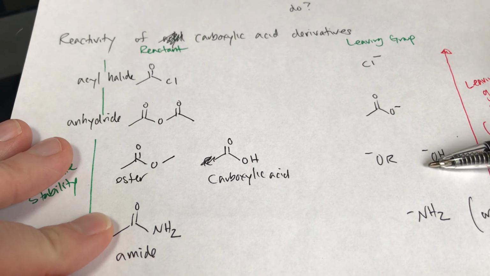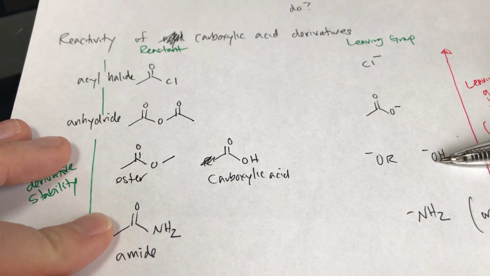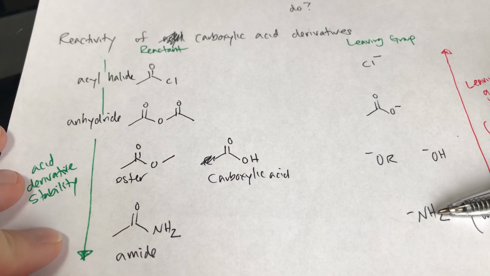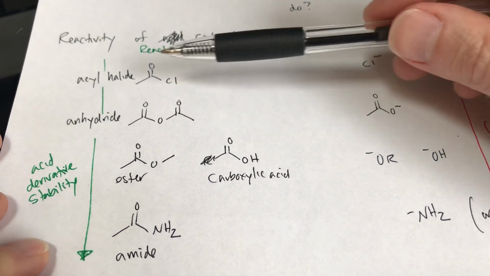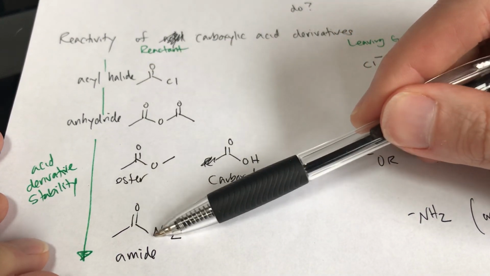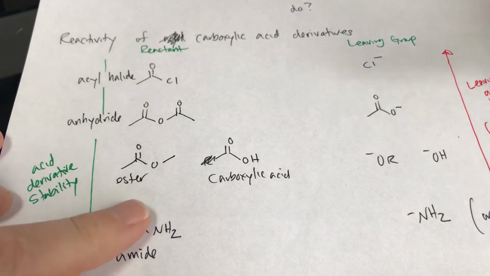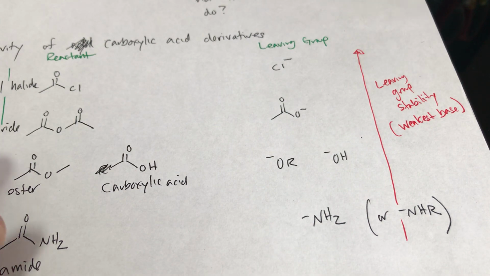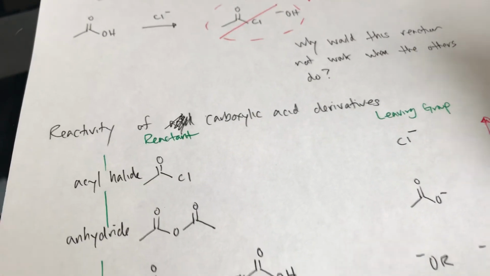An electronegative oxygen atom, but it's small. It's going to be pretty reactive, not a very good leaving group. Nitrogen is less electronegative, even a worse leaving group, right? So our reactivity scale goes from acyl halide down to amide being the least reactive, a lot of it based on those leaving groups, right? That leaving group stability really matters to make these reactions work or not. So